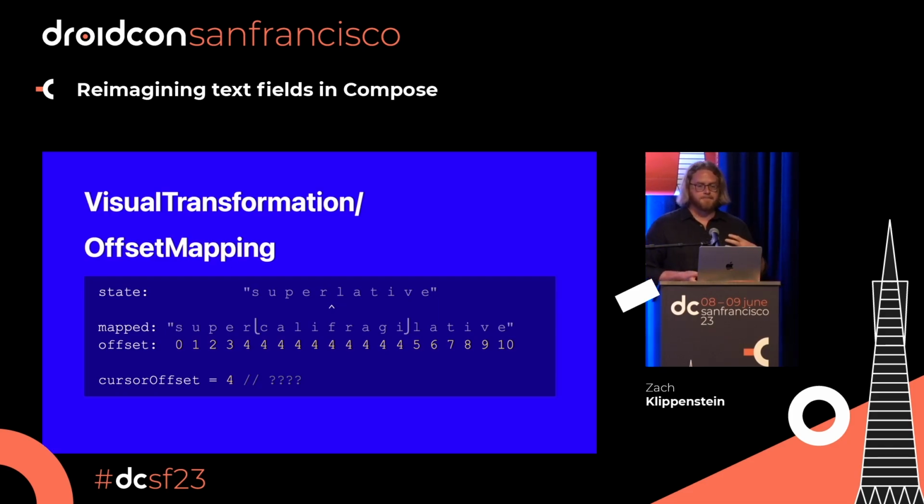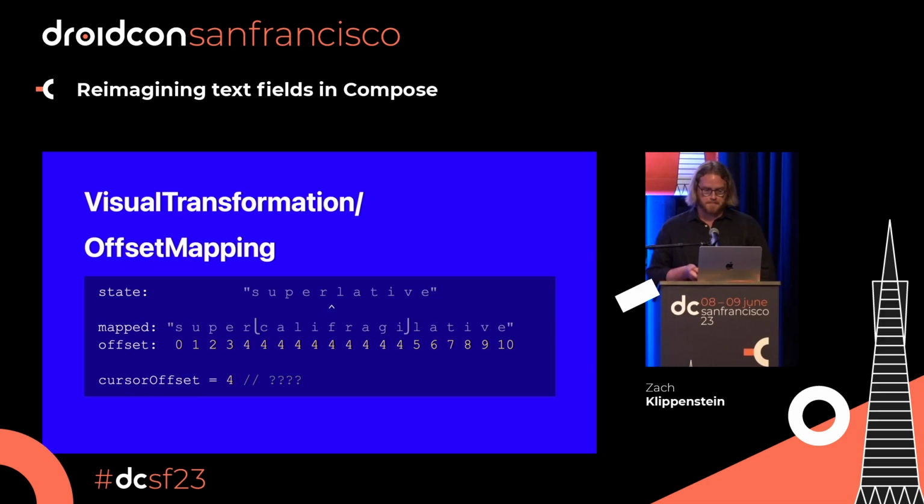And so now we've got a second source of truth, and there's no way for you to know that the cursor is currently in the middle there. And if you want to adjust the cursor programmatically, there's no way to do that. And it gets trickier too. If you remove text, there's other things where we don't have enough information from that mapping function. So this is a really tricky one, and an example of an API that is just kind of broken by